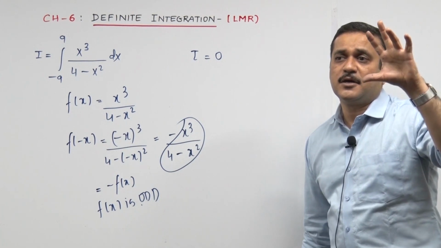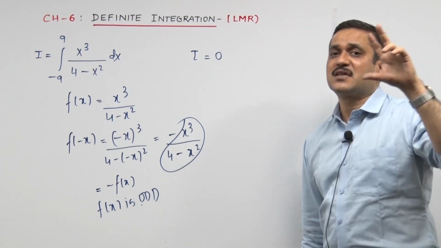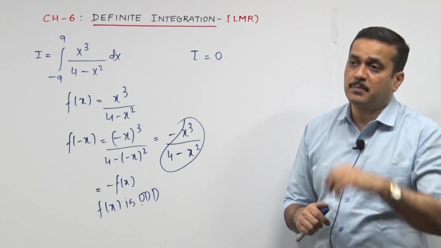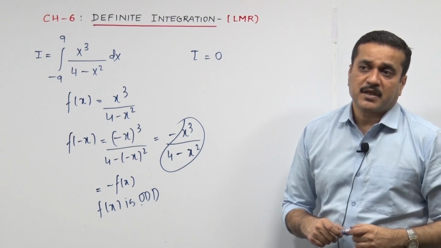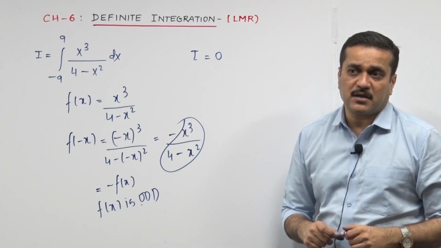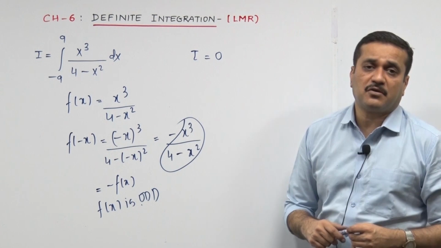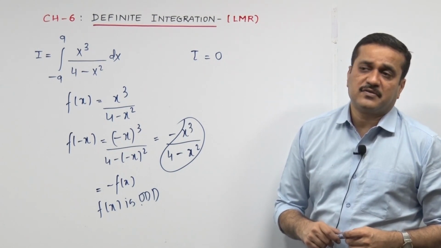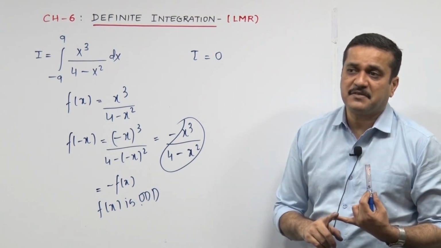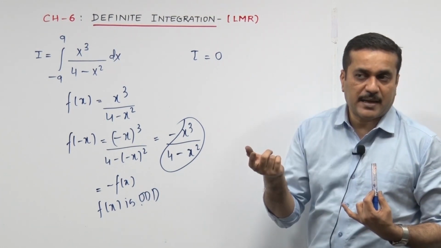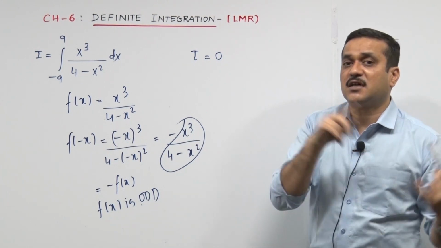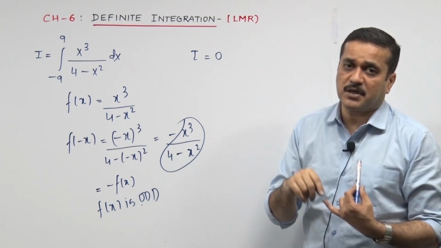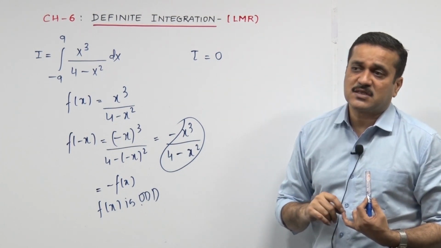The entire 7 properties ka list is there in the LMR sheet, and I would suggest, of course, we had sums on property 4, 5 and 7, but then looking at your new paper pattern, fill in the blanks, true or false, select the right alternatives, I would suggest rehearse all of them properly. But 4, 5, 7, rehearse it more number of times, maybe 100 more times than the rest of the other properties, because you are going to punch that thing, not the numbers, please, the properties. My last request in this session.